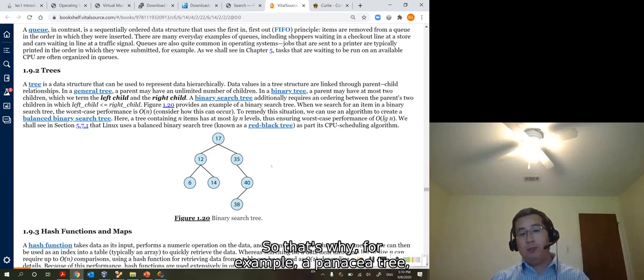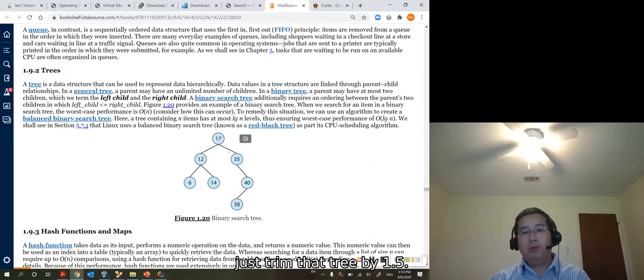So that's why, for example, a binary search tree makes it easy for us to do the search, okay? Because every time you just trim the tree by half. Whether you want to take left or take right, you just compare with the node. If it's less than this one, you must go to the left branches. If it's larger than this one, you go to the right branches. So each time we get rid of half.